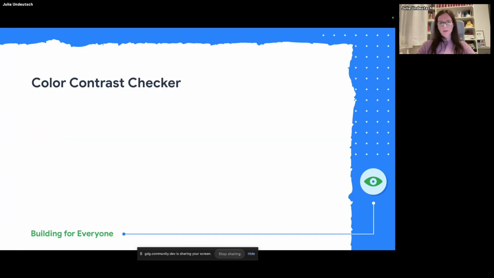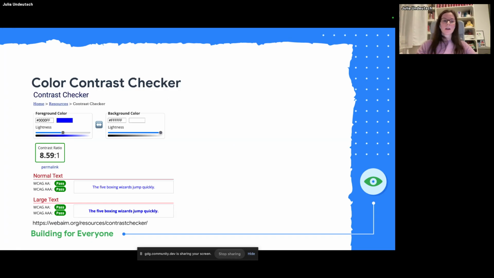And you can check these things beforehand with a color contrast checker. There are many extensions out there, or software, and also in Figma there are plugins where you can check the color contrast when you're going to choose the colors. I always use the WebAIM color contrast checker, where you put in the hex code for the foreground color and also for the background color.